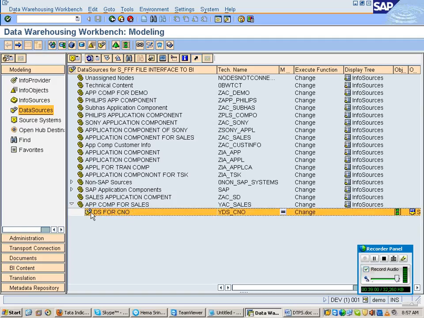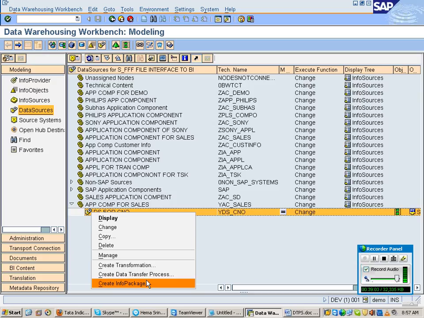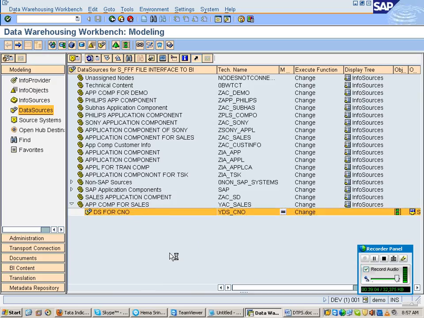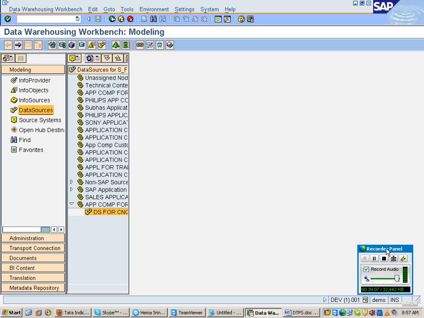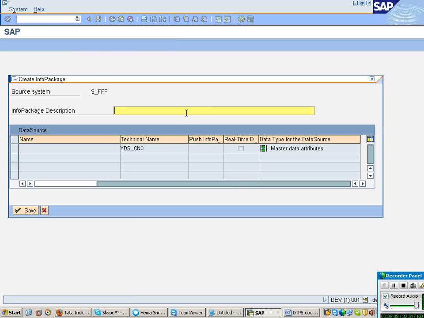What is the option now? Create info package. Then it is asking you to give some description. The technical name of your info package will be taken automatically by the system itself. Just give some description.